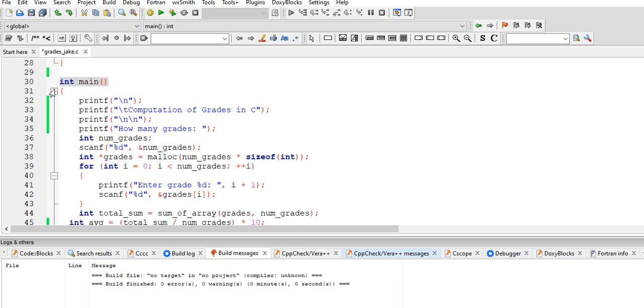We have here main, it's the starting and ending point of every C program, left curly bracket, and then we have here the title, computation of grades in C, printf, new line. In line number 32 for formatting purposes, line 34 new line, and then at line 35 it will ask how many grades will be stored in